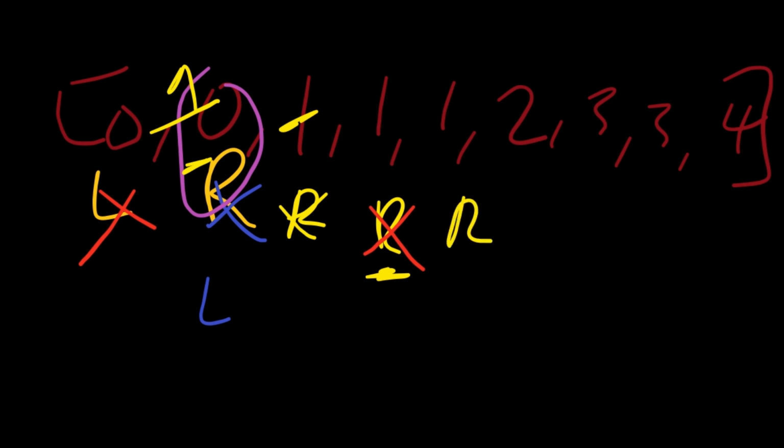We check again the value in our right pointer. Is it the same as the value in our left pointer? Yes, it is. So we move on to the next value in the array, which is 2 at this point. Now we check, are our left pointer and our right pointer the same? No, it is not the same. So what we do then is, yes, exactly: we replace the index to the right of our left pointer with the next unique value that